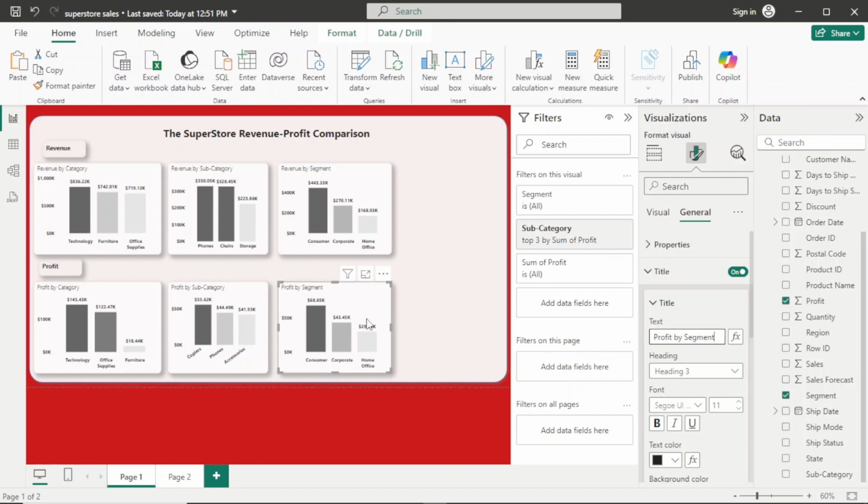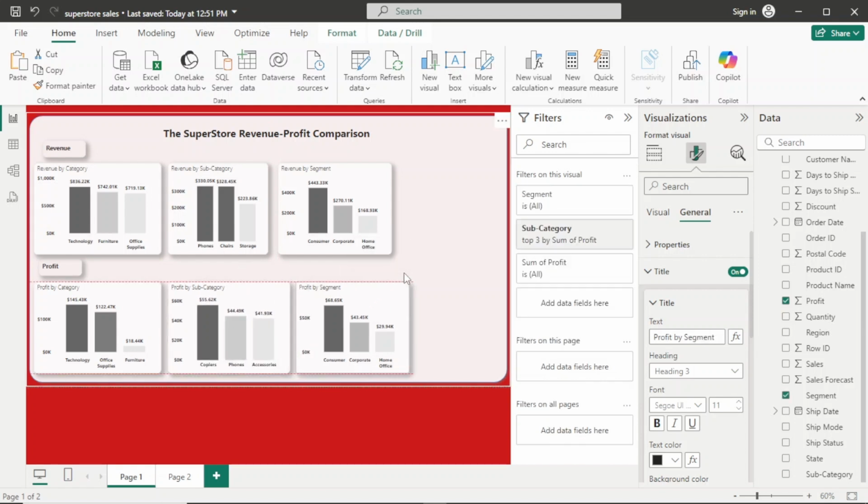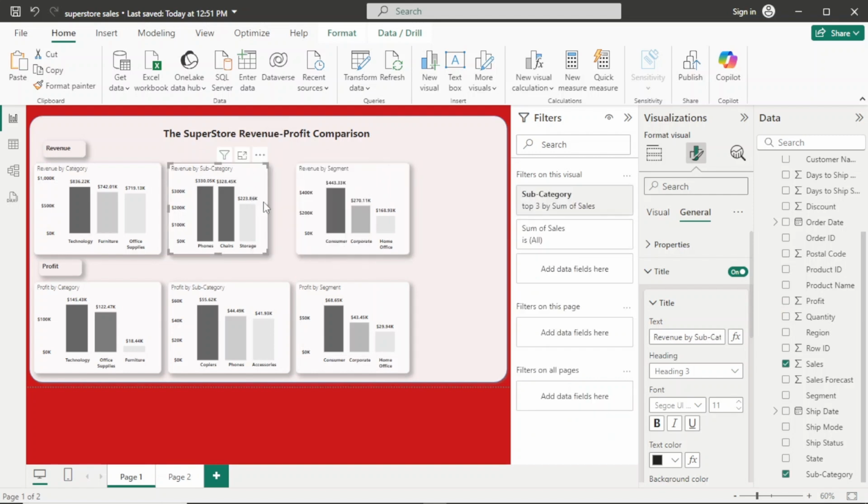That's okay. And expand this. Let's move this a little. Then we have to move this so that everything is perfectly aligned. Okay, that is the profit